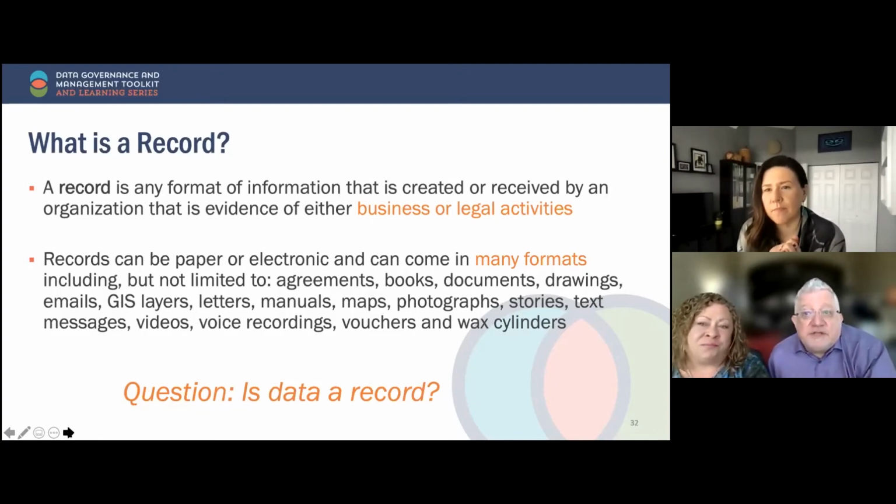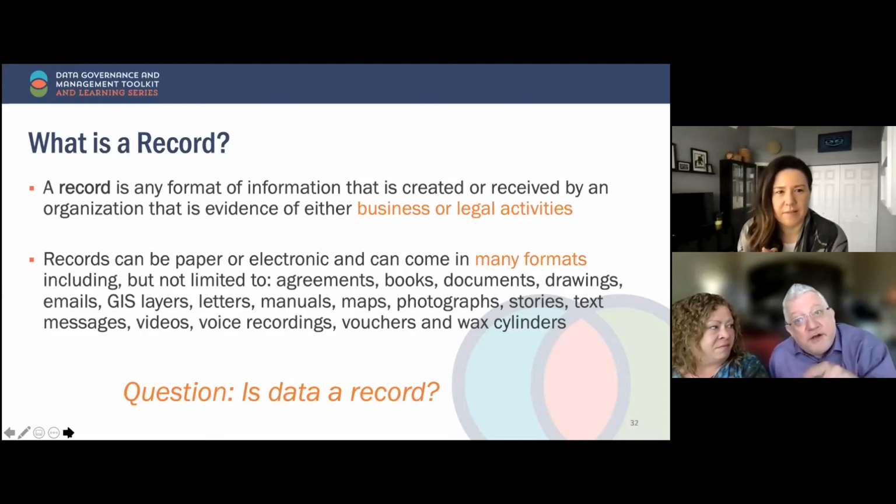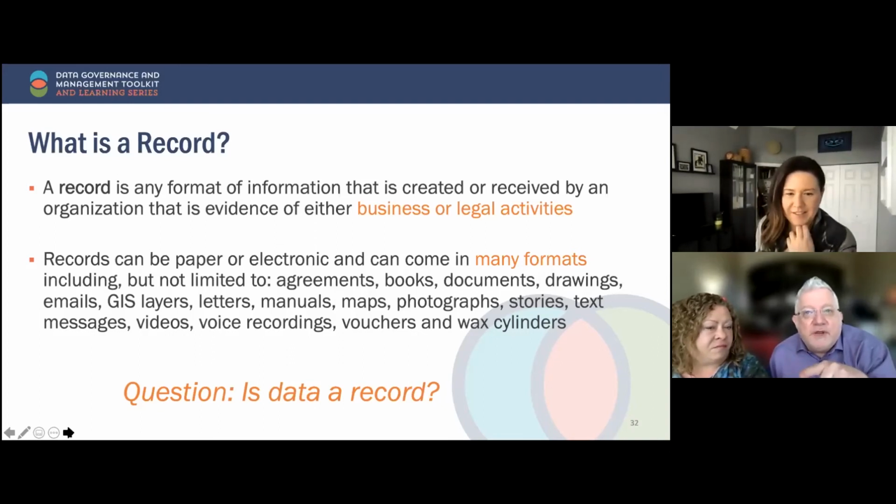Right. So there's a statement or a principle we have in RIM that says all documents, and I'd include data in this, all data, all documents are information. All records are documents or data, but not all data is a record. And the distinction that we work with in RIM is, is it required for legal? And if it's not, is it required for business? If it's not, then it's not a record. It's either data or information or a document.